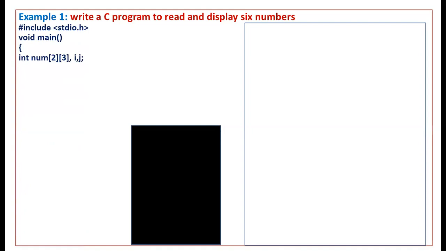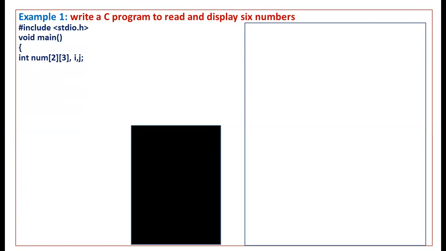Here I have one array. That array name is num, and the size of that array is 2 into 3. That means 2 rows, 3 columns. Total 6 elements can be stored in that array. And I have 2 control variables, i and j.